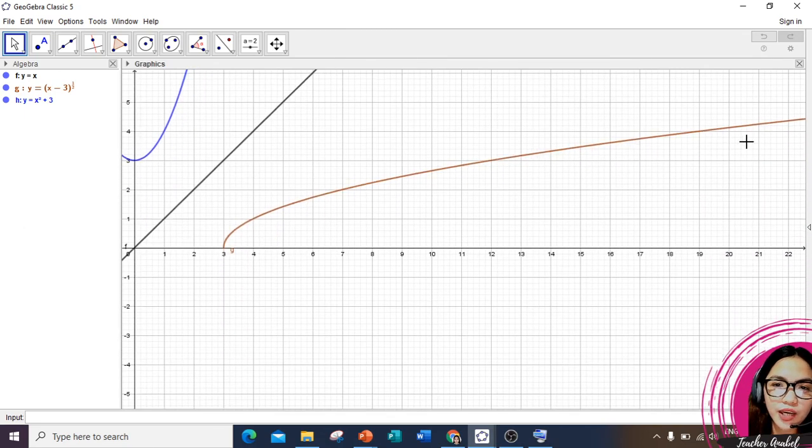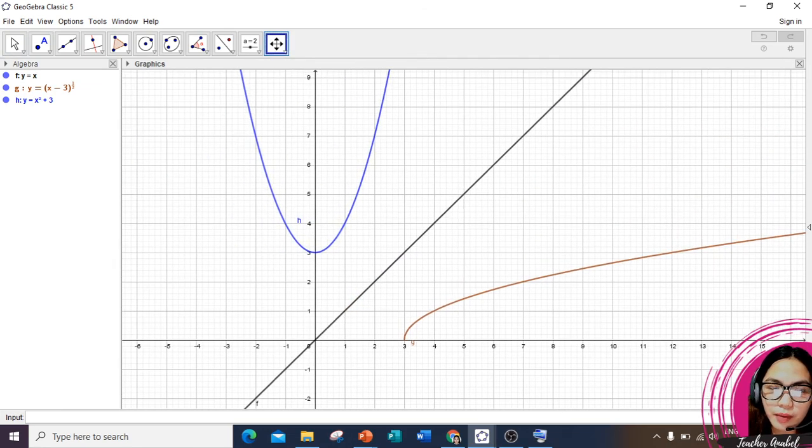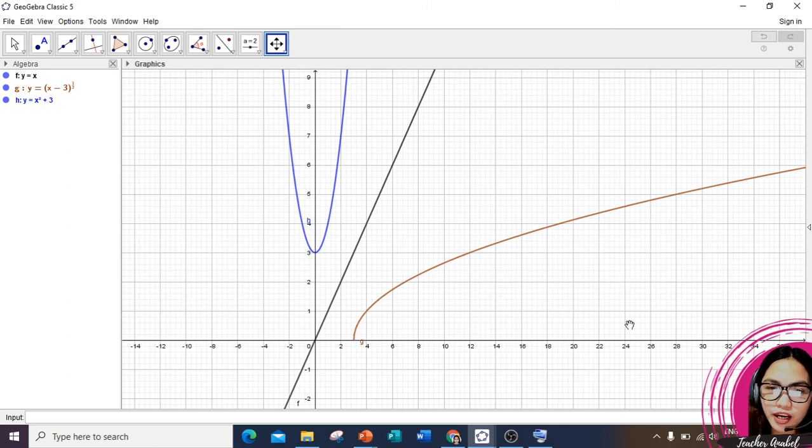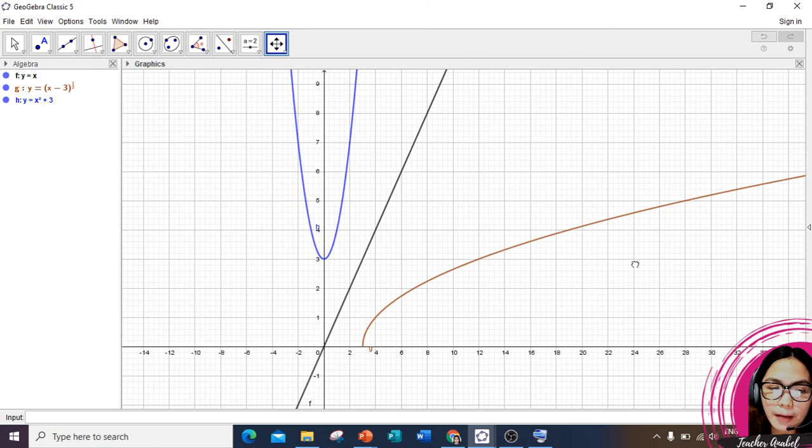Okay. Baka magtataka kayo bakit putol to. Ganyan talaga, kasi kapag tumuloy siya dito, yung graph natin, kagaya halimbawa nito, naging parang parabola na nakahiga. Pag ganun yung nangyari, hindi na siya function. Kasi hindi na siya papasa sa vertical line test, di ba? So, the square root of y is equal to square root of x minus 3 is a function. So, yeah. Now, let us have the third